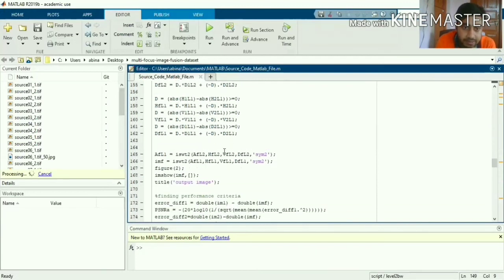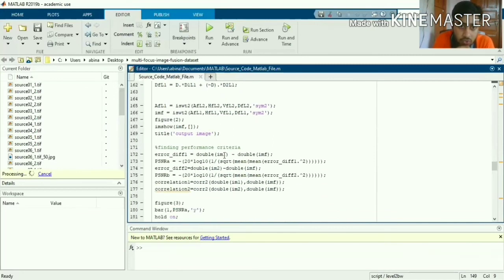And then after getting that, as I've told, for k number of decompositions we have to perform the inverse of that operation k times again. Whatever number of times we transformed, we have to apply the inverse of the transform that many times to get the enhancement. So similarly, we are applying the inverse stationary wavelet transform 2 times, and we'll get our output image.